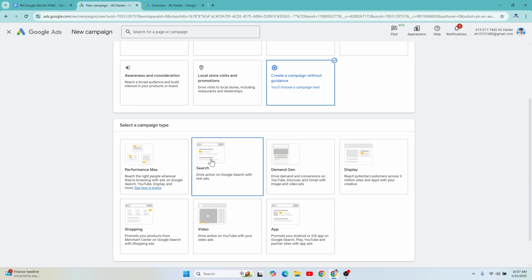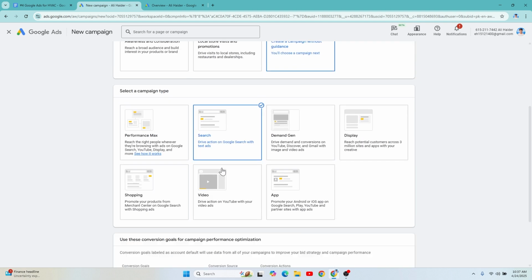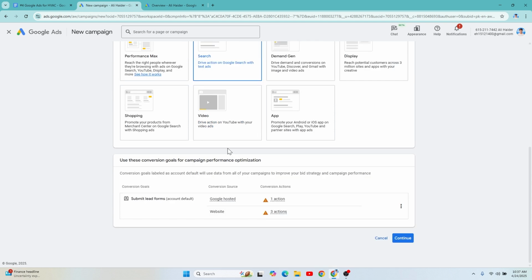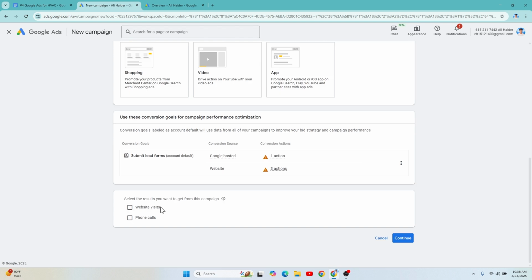Then I am going to select search because I want to show my ad on the Google search engine. Then you have to set up conversion tracking. I will show you how to set it up, but for now skip this. Click on continue. Don't worry about these settings. Click on continue.